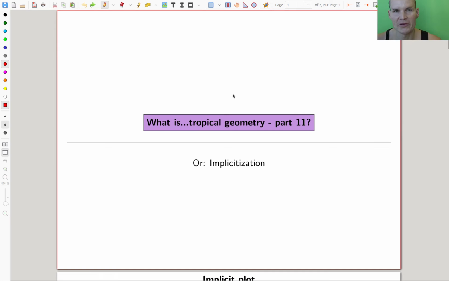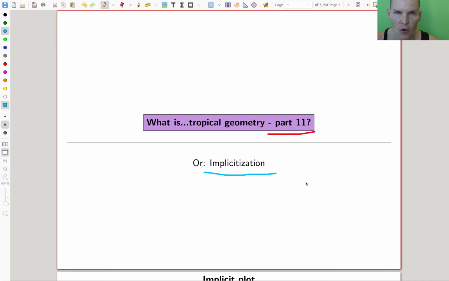Okay, welcome everyone to this continuation of what is tropical geometry. We are already at part 11, and today I will talk about plotting something. A lot of plots, a lot of graphics. This is a formal name, but it really means graphical plots, and there are actually two ways to do plots,